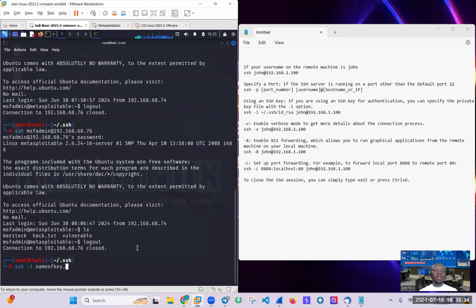Or whatever name it is. So just the name of the key. Then now I can pass in msfadmin at the IP address 192.168.68.76. So that will be the command to use as a third option, or a third way, to SSH into a box. Again, the command is going to be SSH, you put -i, and then you pass in